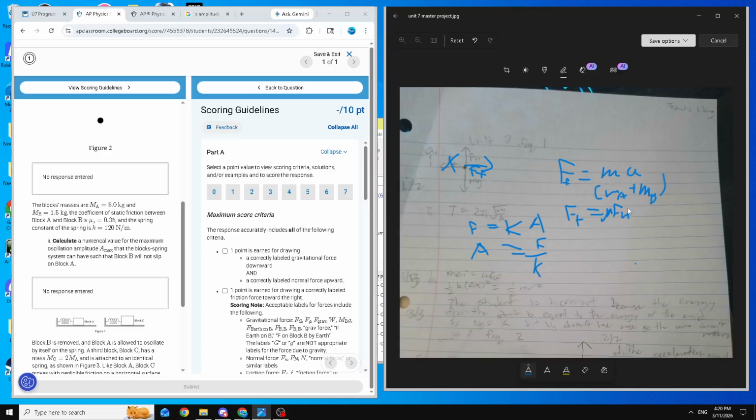Fn is also equal to mg, so you replace it with mg. So that means mu mg is equal to mass times acceleration, and if you get rid of both masses, the acceleration is equal to mu times g,